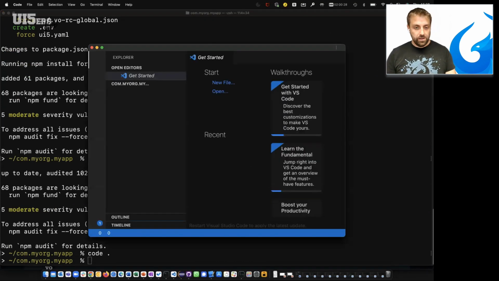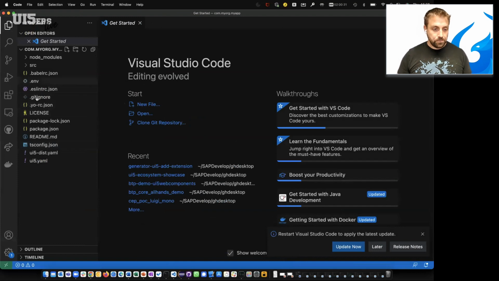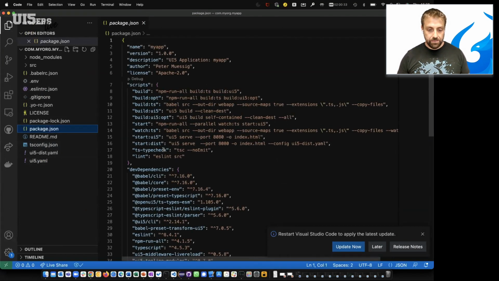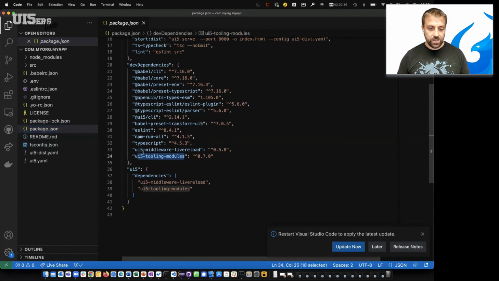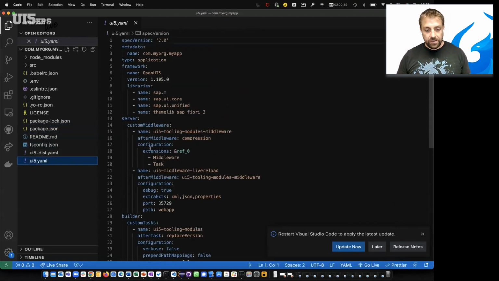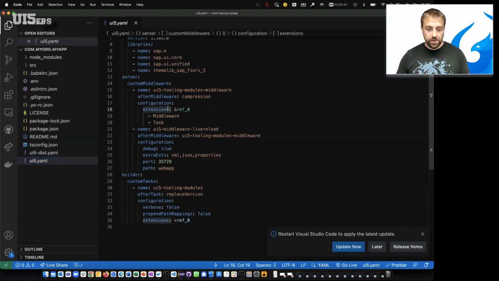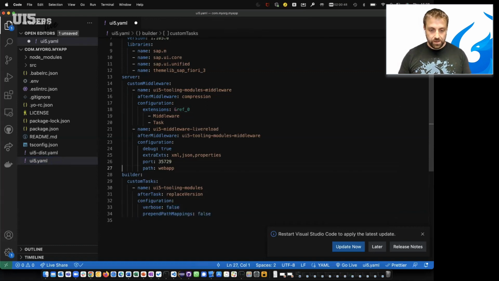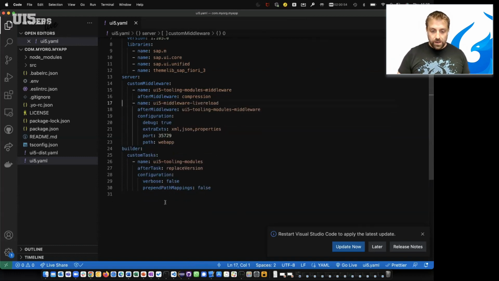And when we look into this project now, that's what this add extension does. It adds this dev dependency here. And we have now the configuration being set. So I don't need this extension. This is something I don't need. But for the moment, I only need, let's say, the middleware and the UI5 Tooling Modules task. There is still a bug inside. Need to fix that. And when looking into that, that's now all as a foundation to be able to consume